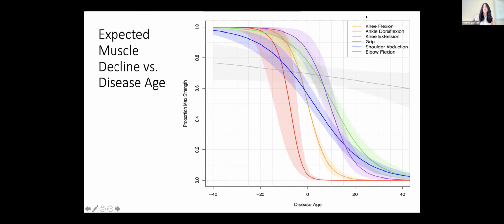And this is just an overall picture, that goal picture that we wrote on the chalkboard when we started this project, of what we really wanted to be able to understand: how the muscles move relative to one another. And I think in this picture, you can really see that the most quickly progressing muscles tend to be the ankle dorsiflexion, the knee flexion, and the elbow flexion. Those progress most rapidly, and it tends to be first ankle dorsiflexion, then knee flexion, and then elbow flexion.